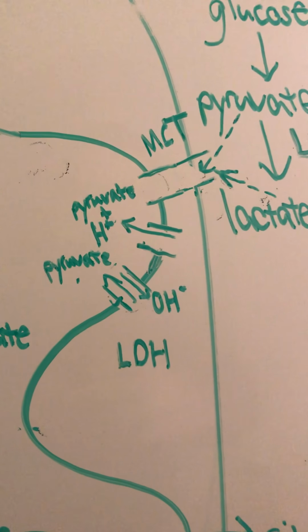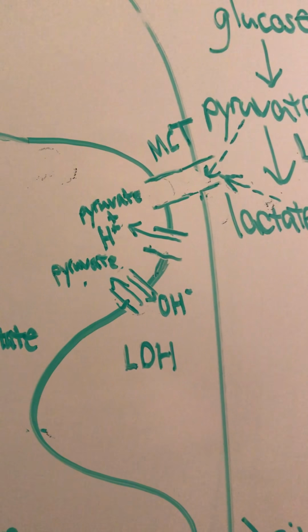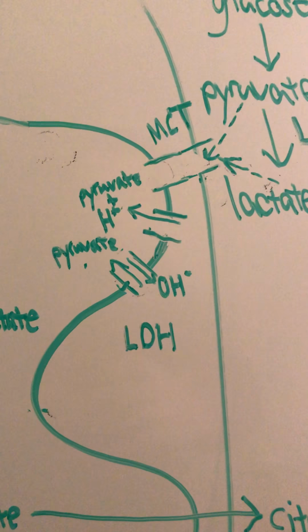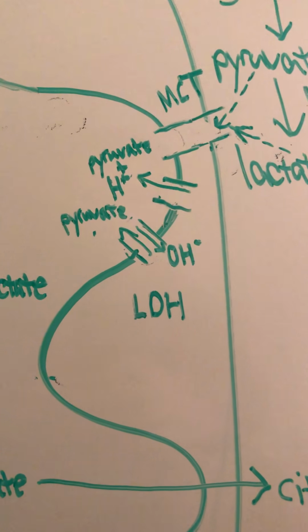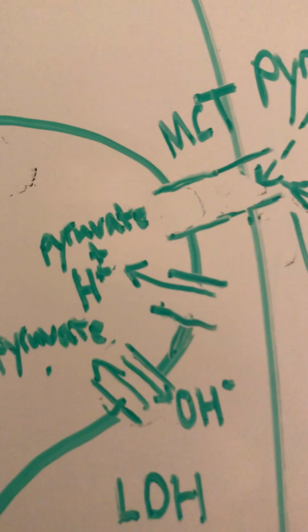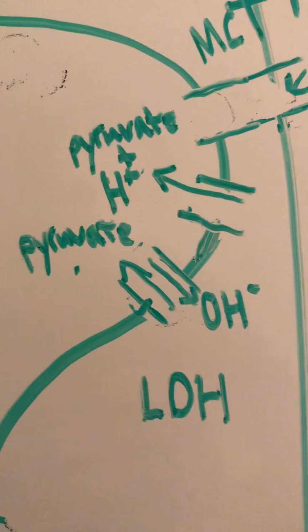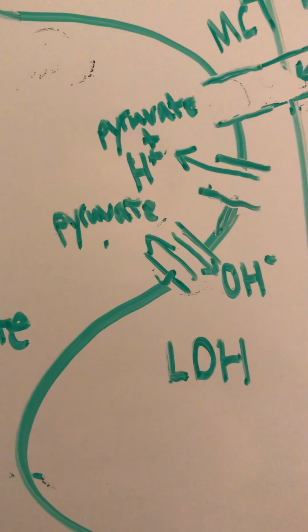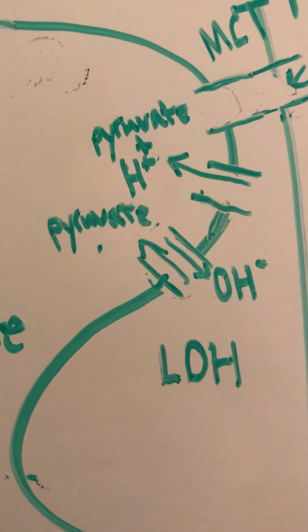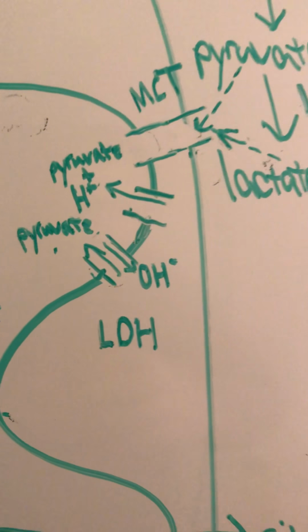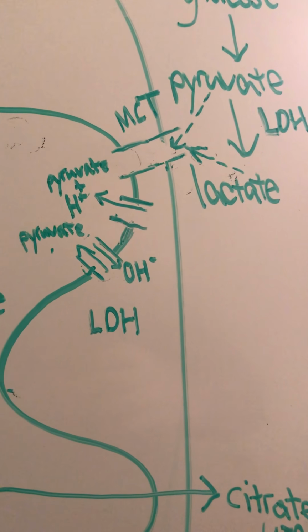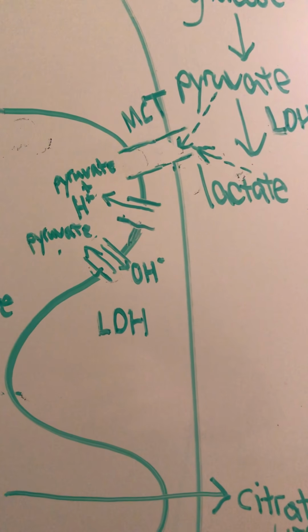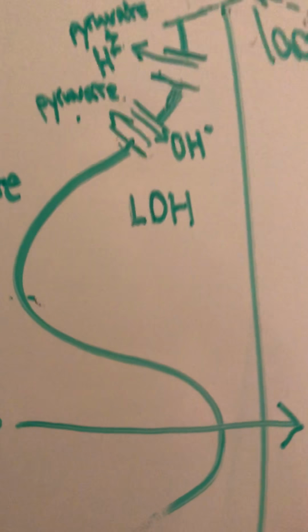And so, once pyruvate enters the mitochondria, it can enter the matrix via many different mechanisms. So I talked about the MCT, but also you have the pyruvate and hydrogen ion symporter and the pyruvate and hydroxide ion antiporter. I also want to talk about a mechanism addressed by the Kane paper, and the Kane paper talks about this LDH in the inner membrane